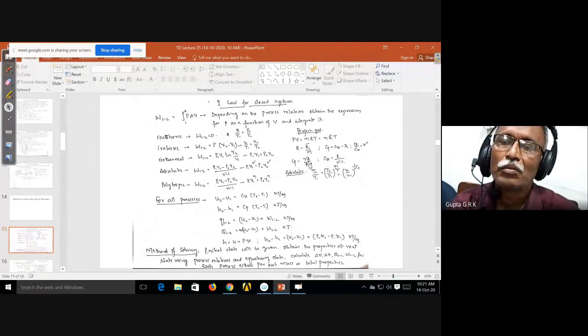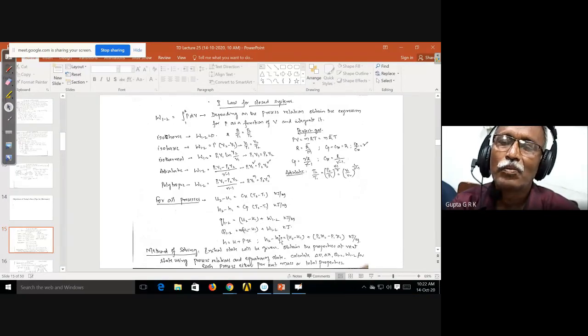And also you have to remember the universal gas constant. Okay, that is the way we can find out. And once you do that, all these things can be found out only if you know the properties. So you get the properties using these equation of state relations, and then work you can find out. Once you know that, you can find out change in enthalpy, change in internal energy if you know T1 and T2. And once you know that, you can use the first law equation Q12 is equal to U2 minus U1 plus W12.